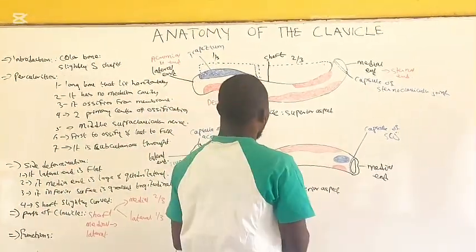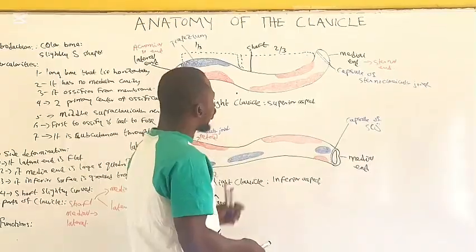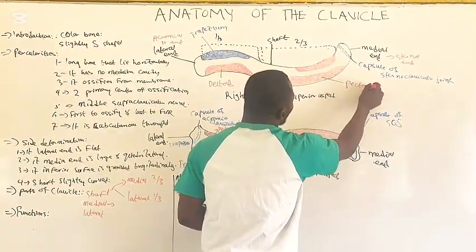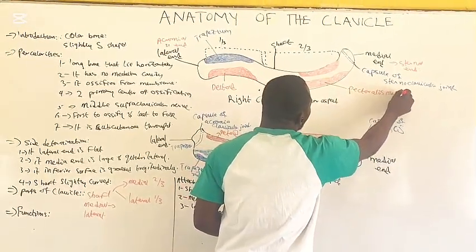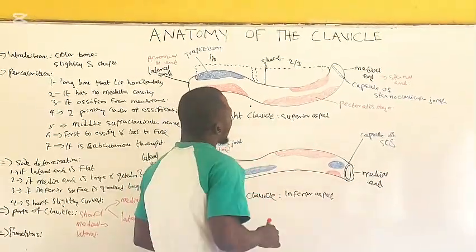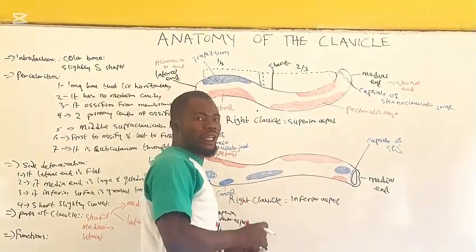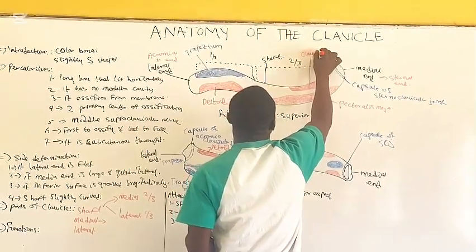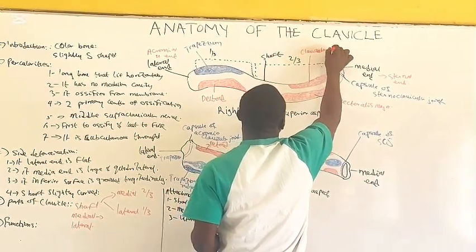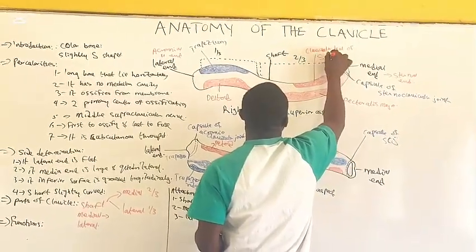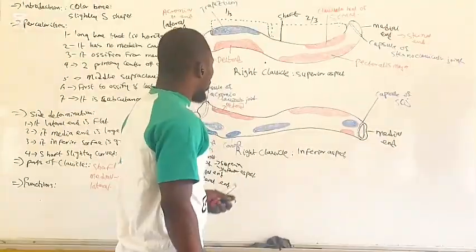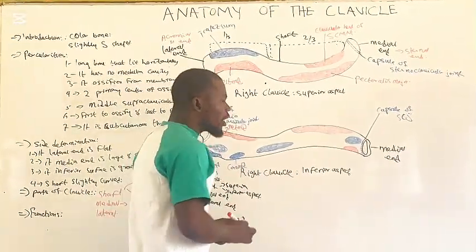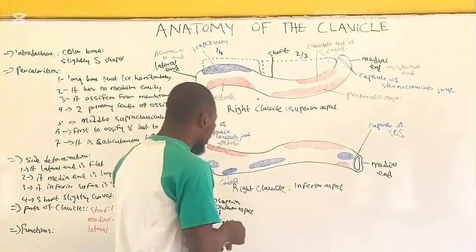To the medial 2/3 of the shaft, most of the anterior surface of the medial 2/3 of the shaft gives origin to pectoralis major. Half of the superior surface gives origin to the clavicular head of sternocleidomastoid muscle. Now, all aspects of the medial 2/3 of the clavicle present a subclavius groove which gives insertion to